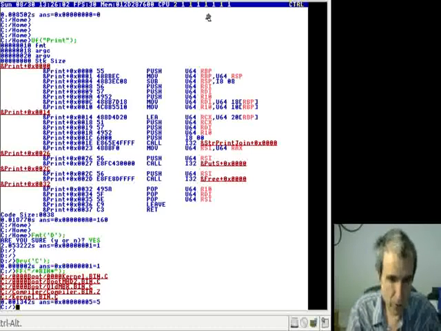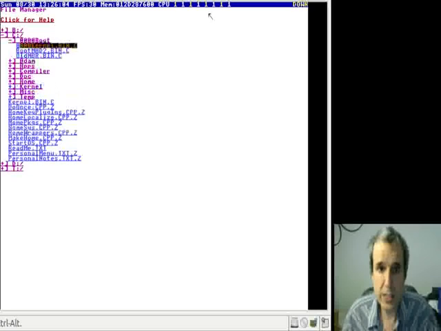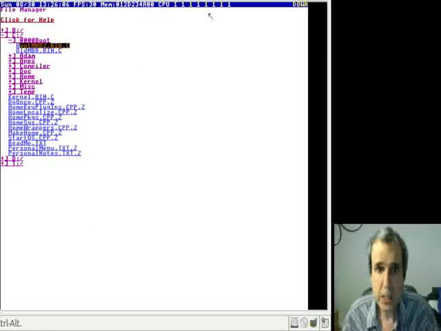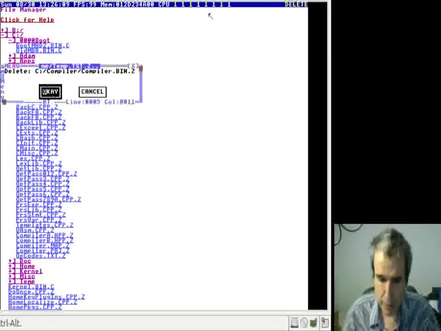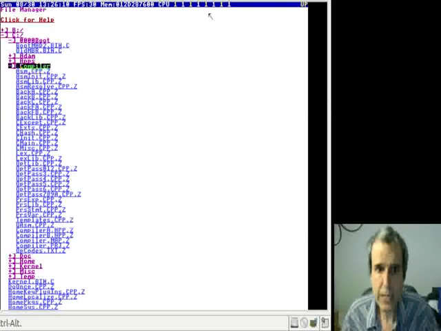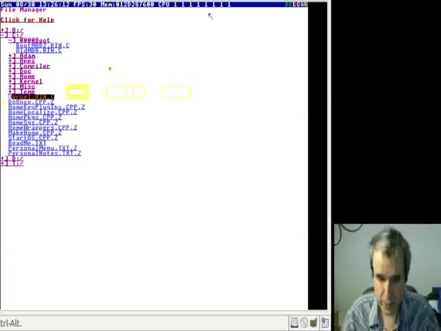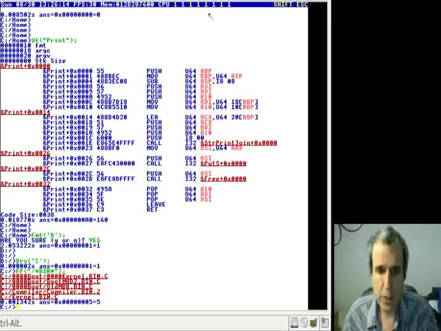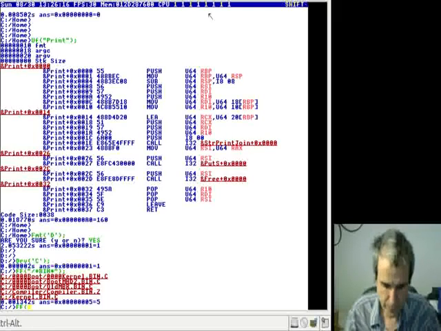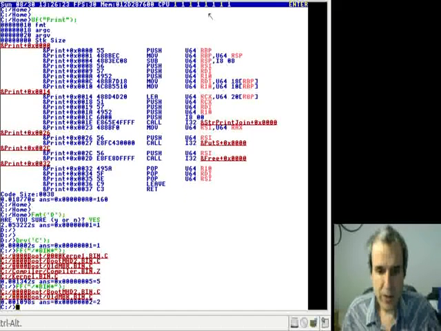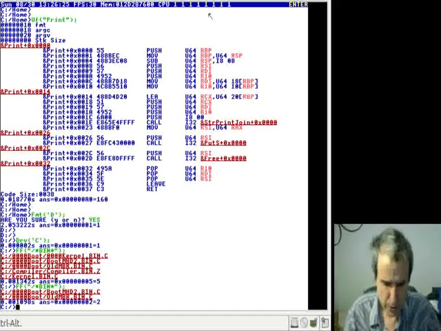So I'm going to go Control D. We're going to delete kernel bin. We're going to delete compiler bin. We're going to delete kernel bin. So now we have find file. And we don't have any bins. Okay, so